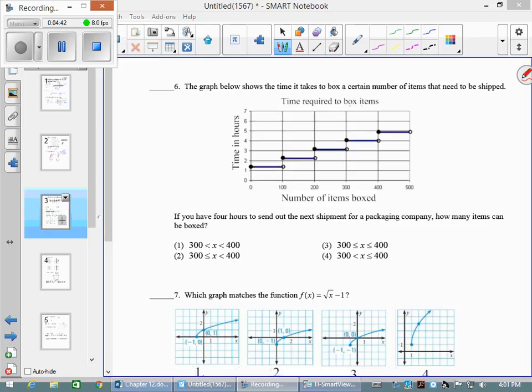number of items that need to be shipped. If you have 4 hours to send out the next shipment,